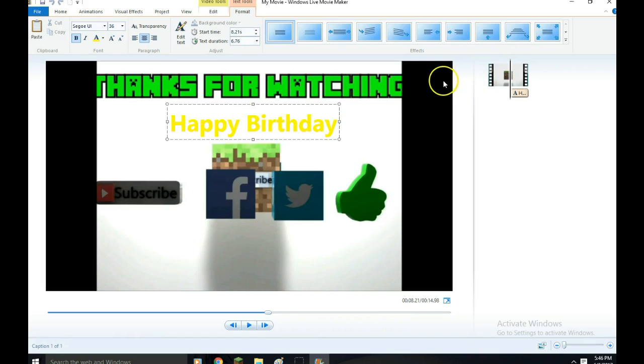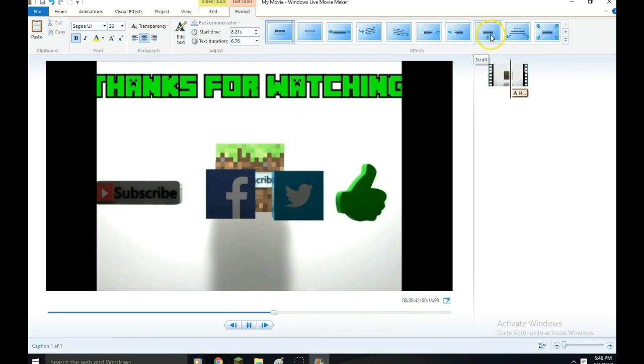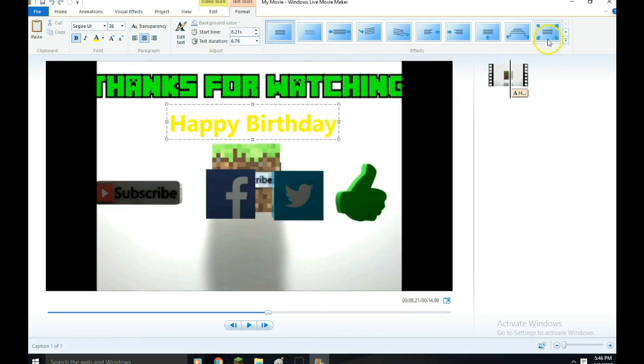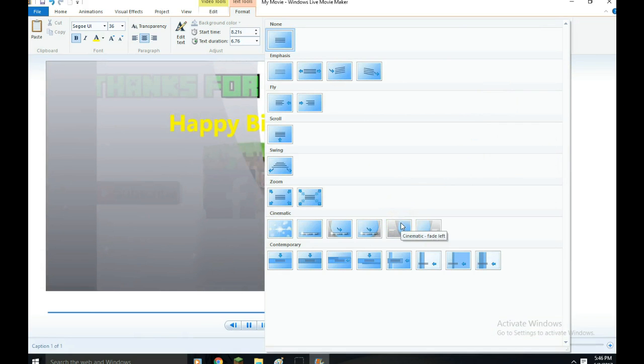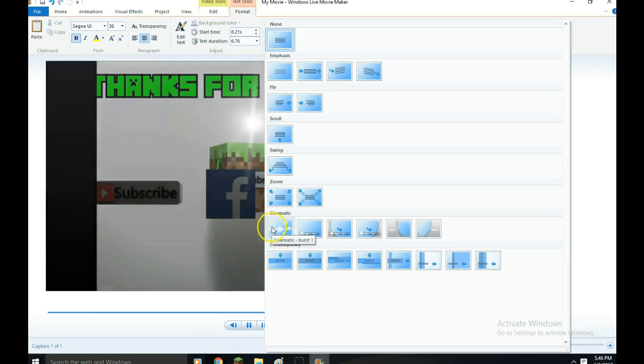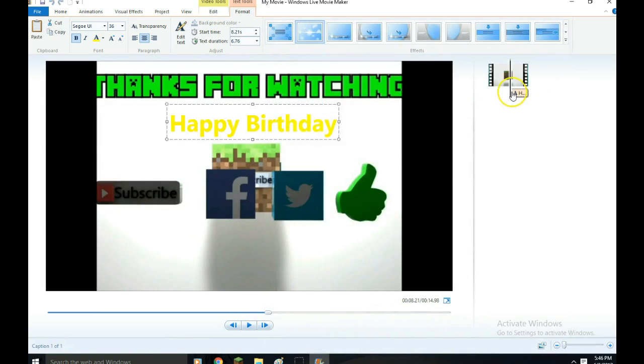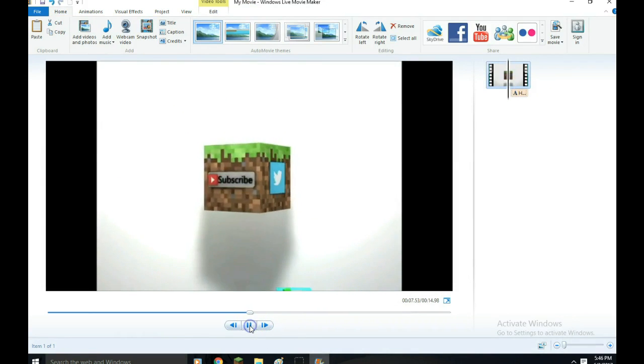Let's say you want a cool font. These are all different things. These up here, these little templates and stuff, are all different ways it will come onto the screen, and if you just hover your mouse over them, it will show you what it looks like. For example, and there are more if you open up this, and you have lots. Let's say I want this. Or this. Alright, so I'll click on that, and now when we play it,